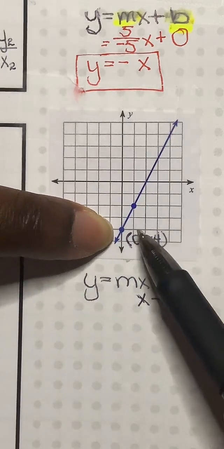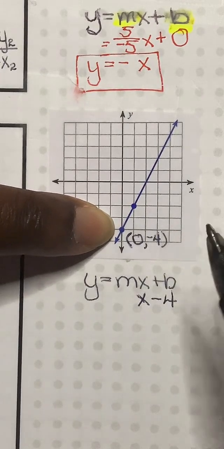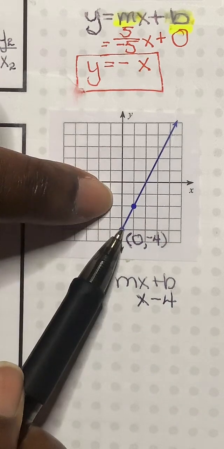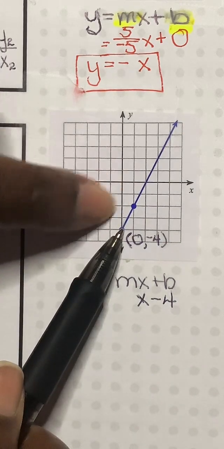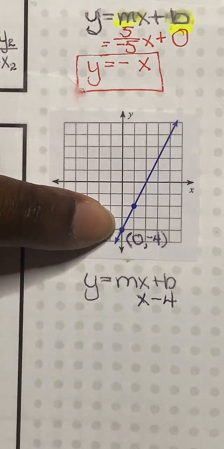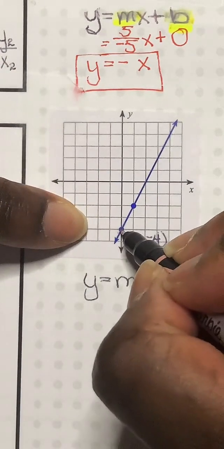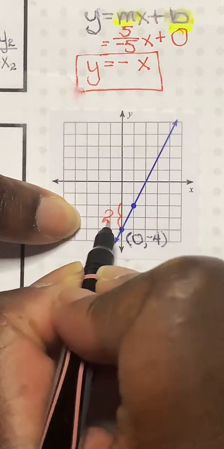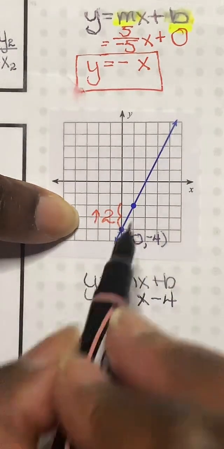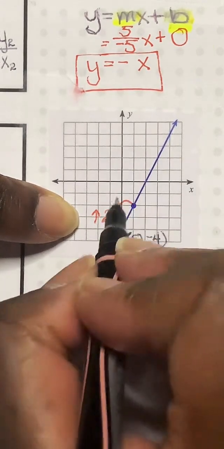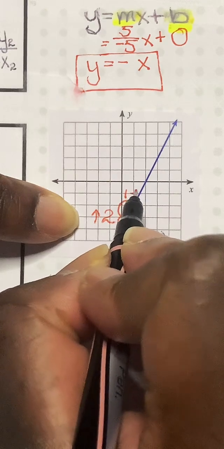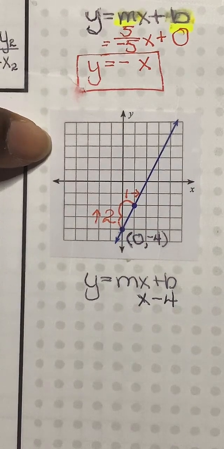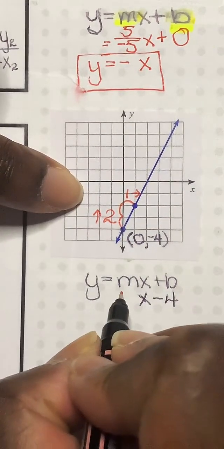Right. So now to find your slope graphically, you just need to start at one point and then you do a movement to get to the next point. So we're going to rise. So if I'm starting at this point, I rise up 1, 2. So that means I went up 2 units. Then from here, go over 1 unit. So I went over to the right. So that will make it a +1. So if my rise is 2,